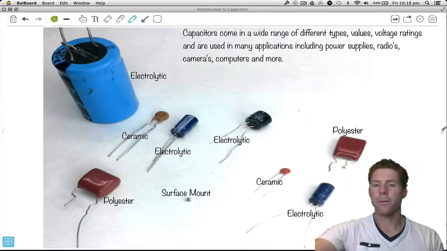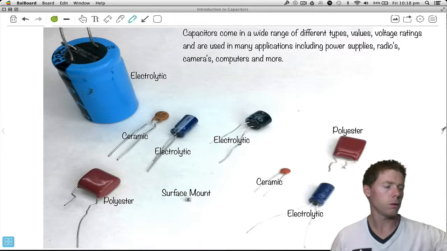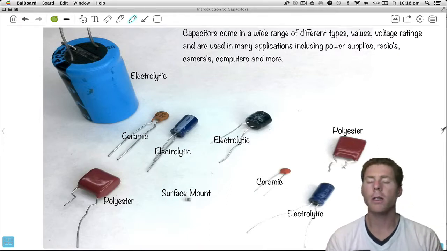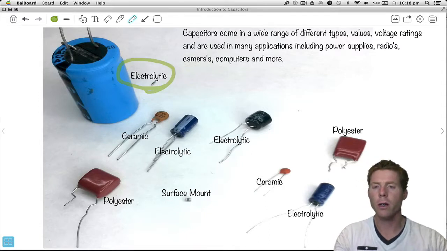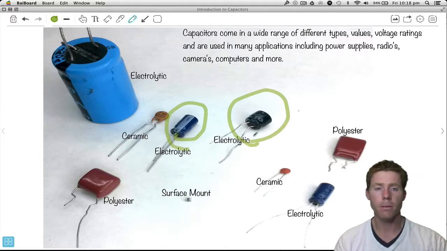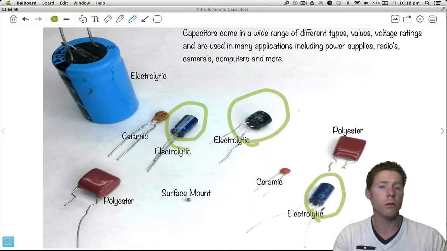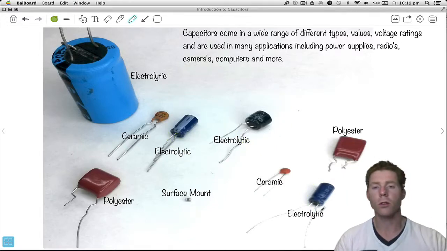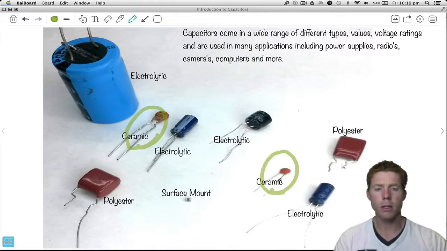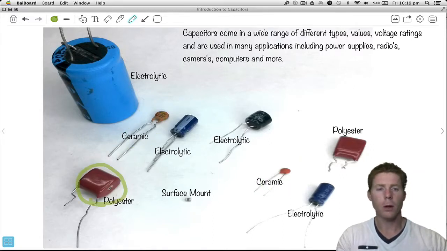Alright, here's a picture that I took with a camera, which, that's how you take pictures, I guess. We've got different types of capacitors. This is the one that I was playing with there. It's categorized as an electrolytic capacitor. We have a few different types of them, so some big, some small, different values. Some of them can be used with high voltages, some can be used with low voltages, and we'll talk about that a bit later. We also have ceramic, that's these little guys here, some polyester capacitors,